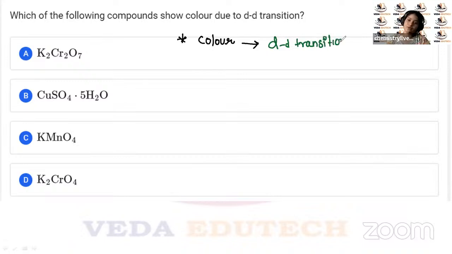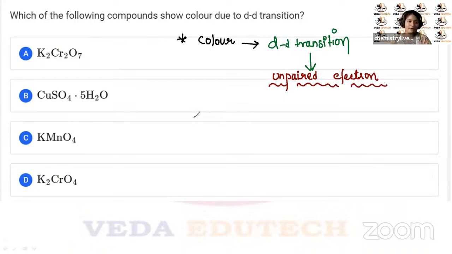ठीक है, तो अब तुमको ये पता करना है कि डीडी ट्रांजिशन कहाँ पे होता है। डीडी ट्रांजिशन वहां पे होता है where there is unpaired electron. Alright, okay. तो अभी क्या होता है? We will find out where there are unpaired electrons. इसके लिए हम लोग क्या करेंगे, जो पॉजिटिव और नेगेटिव है उसको हम लोग सेपरेट कर लेंगे।